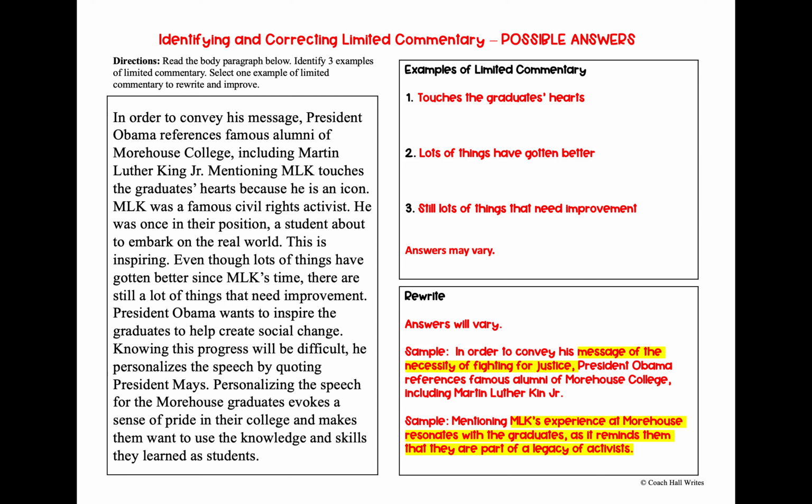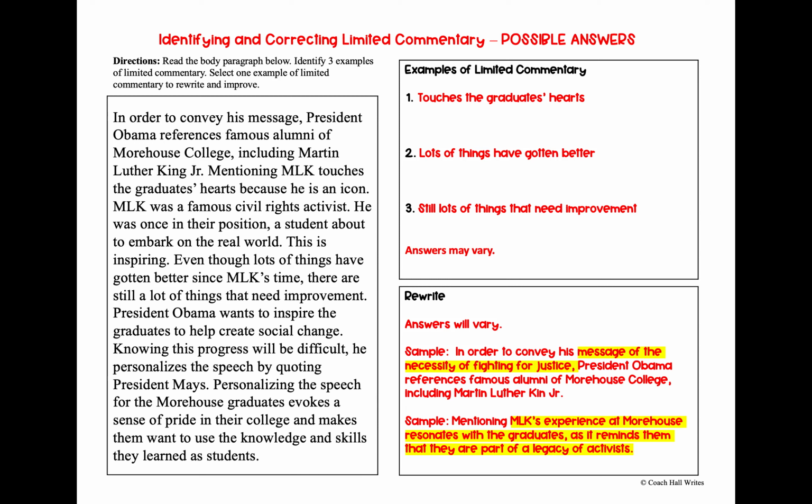Now, as far as the rewrite portion, answers for this will obviously vary as well, but I wanted to give you 2 samples. One of the tips that I give my students is that when they use the phrase message, argument, or purpose in their essay, I want them to actually say what the message, argument, or purpose is. Now, technically speaking with purpose, they don't necessarily need to actually use the word purpose most of the time. But for message, if you just say "his message," it's vague and it doesn't show that you've understood the prompt. So for this particular sample, I wanted to demonstrate that you should actually expand and include what the message is.